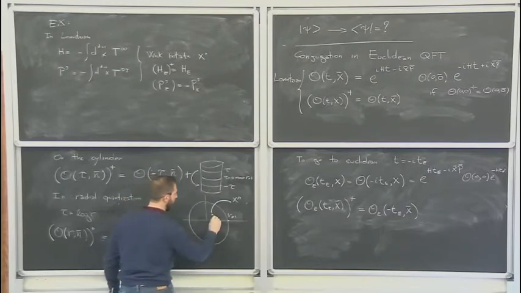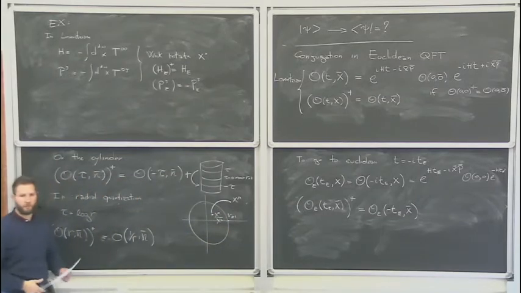So this is sent to the point x mu over x squared. Okay,